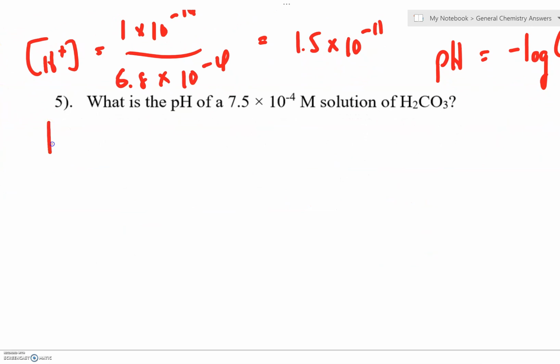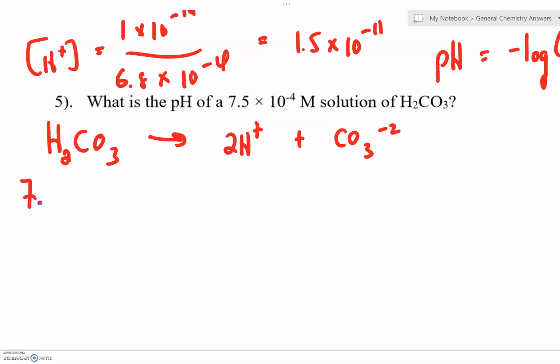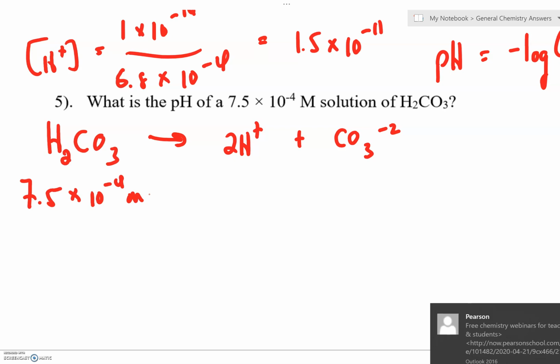This is an acid, H2CO3. It dissociates into 2 H pluses and 1 carbonate. So when this dissociates, 7.5 times 10 to the negative 4 molar, we'll get twice as much